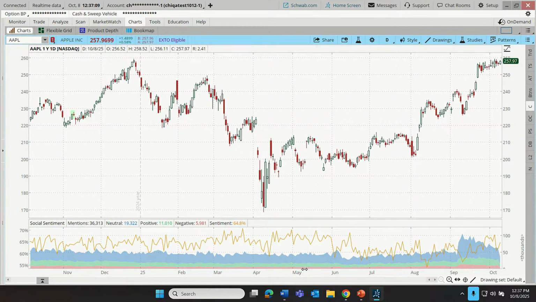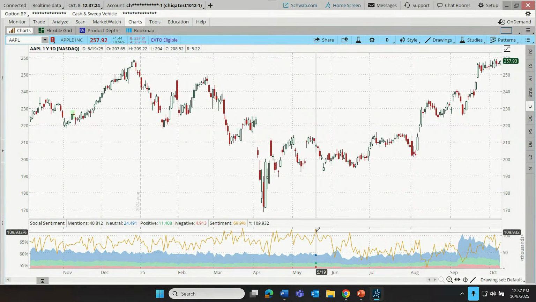So we see four things on the social sentiment. We see negative mentions displayed as the red area, positive mentions as the green area, just aggregated into a numerical form, neutral as the blue area, and then a ratio of positive to negative. That's our orange line.